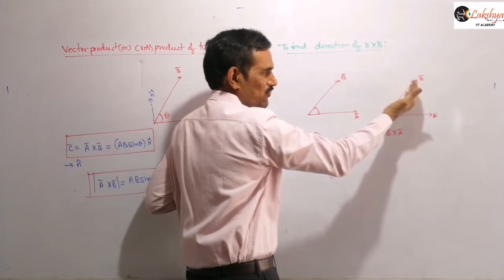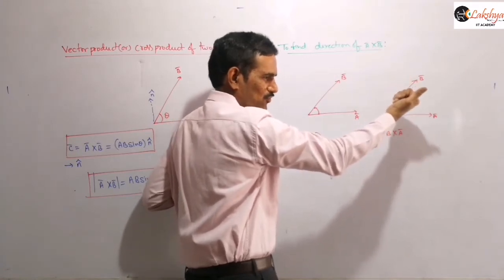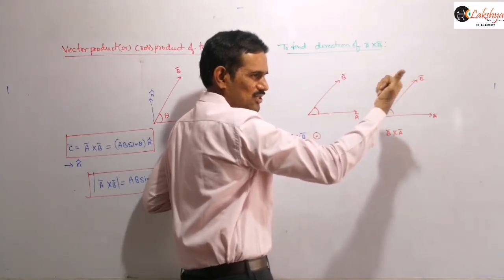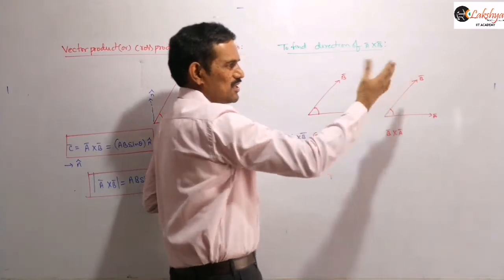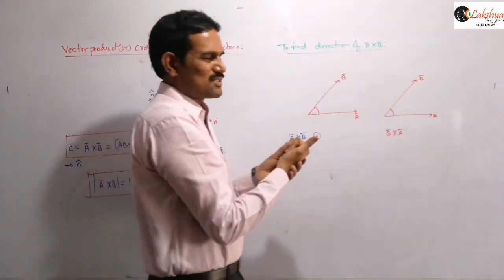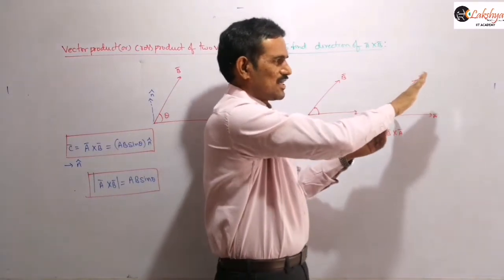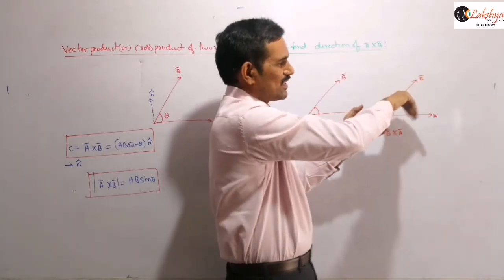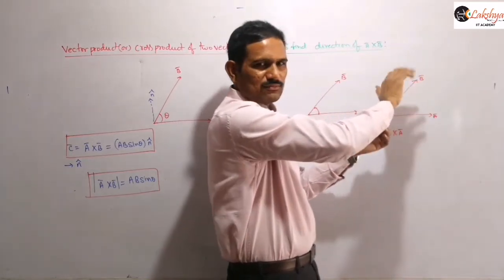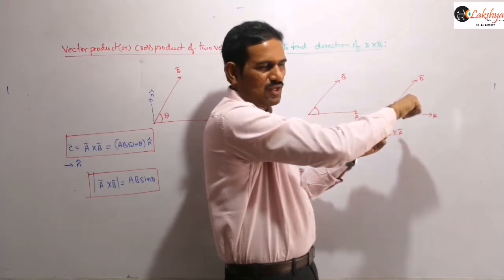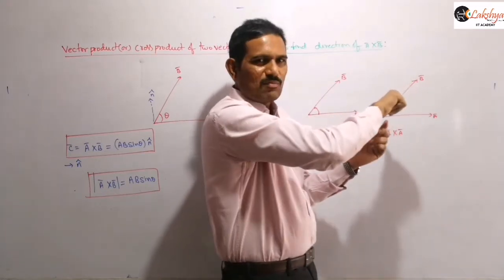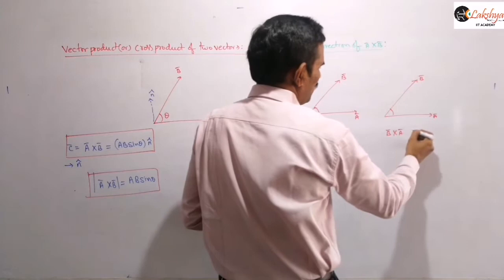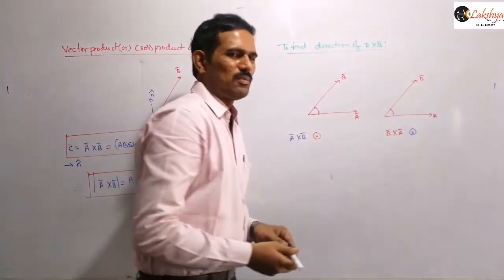the four fingers are moving away from the second vector if I am placing like this. So then B bar cross A bar is not in this direction. You can't say that it is out of the plane, right? Because when I am closing the fingers, they are moving away from the second vector. So we should place like this. Another possibility is that we should place like this. Then this is the correct position. Now we can observe that when I am closing these four fingers, they are moving towards the second vector A bar. Then the thumb indicates the direction of B bar cross A bar, which is into the plane here. We can answer here: the direction will be into the plane, right?